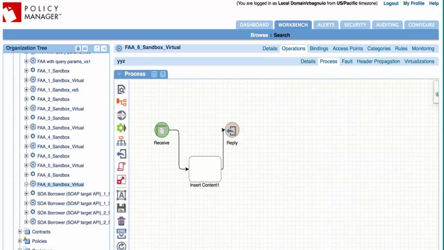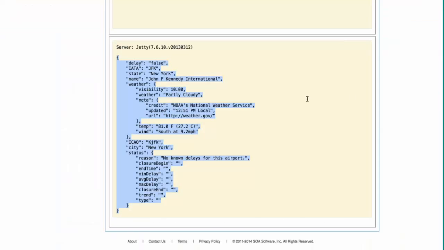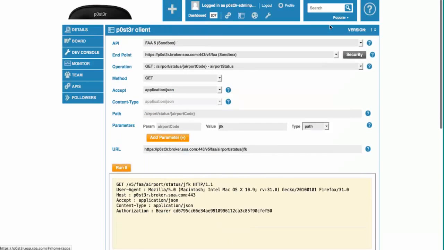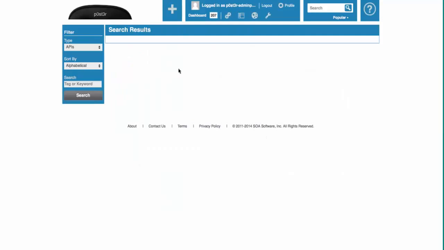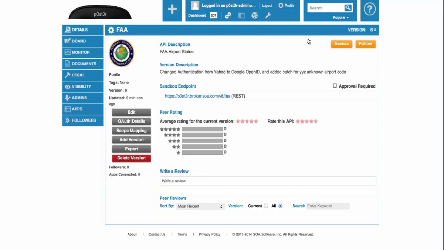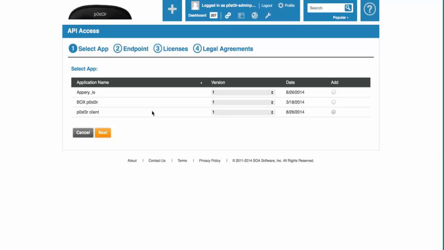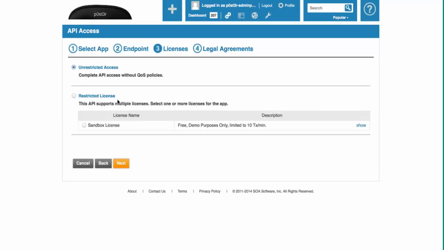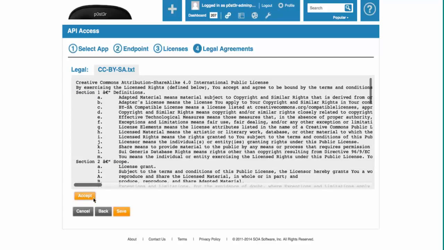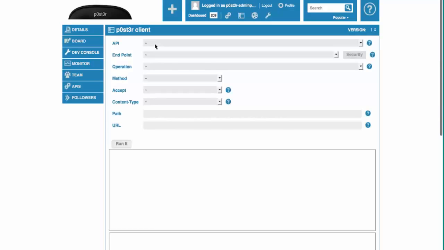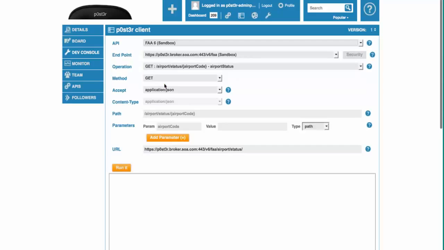And now let's just verify that it works the way I want it to work before I notify a developer that this is ready. And so I'll do that by going and finding the API and linking it to my test application that I'm building. Request my license, read and accept the terms and conditions, save it, go back into my developer console, find version 6, get my token,